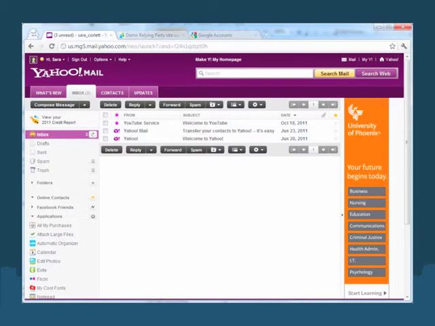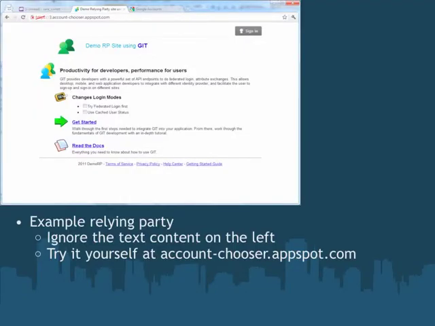So for our examples, we're going to use the user Sarah. She's a Yahoo Mail user, and on her computer, not surprisingly, she's logged into her mail account. She comes across some website she's never visited before, and, ignoring the content on the left, maybe she decides she's going to sign in, has some content she wants to make a purchase of, etc. And so it's not too hard for her to realize how to log in to the site. There's that big sign-in button there. So she goes and clicks it.